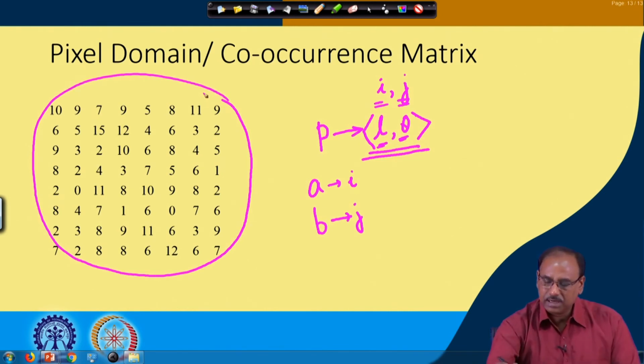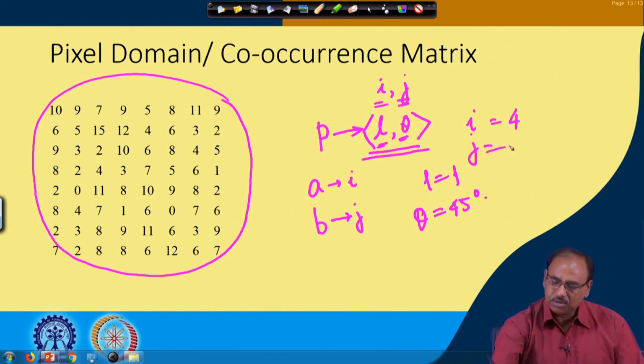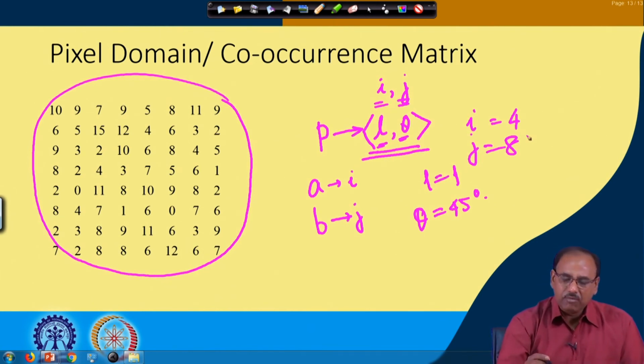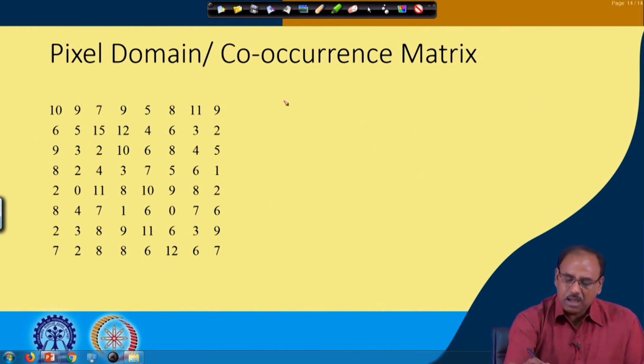And for this case, let me assume that the value of L is equal to 1 and the value of theta is equal to 45 degrees. I also put intensity i equal to 4 and intensity j equal to 8. So, given this, what I want to compute is this co-occurrence matrix. I will put it as a matrix A, and I want to compute the element value